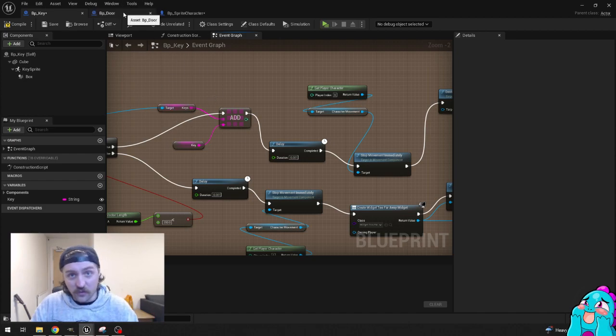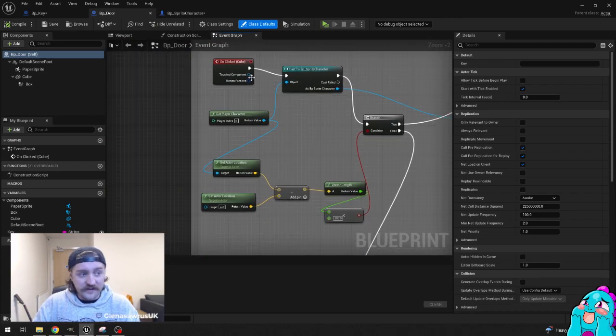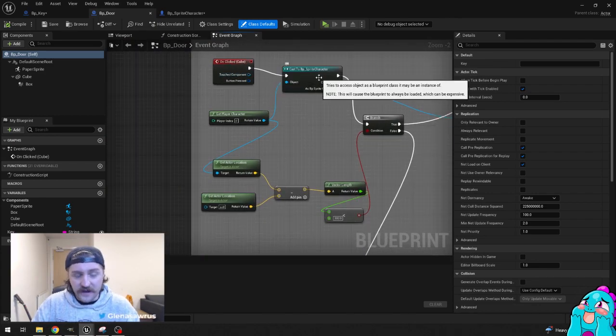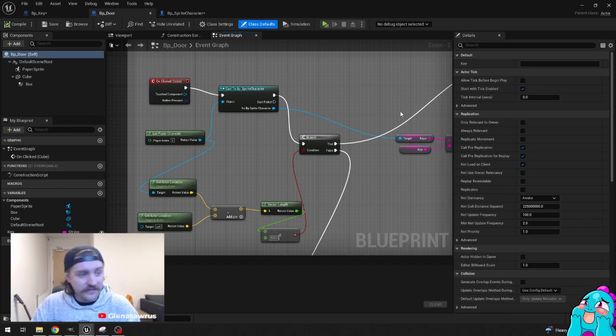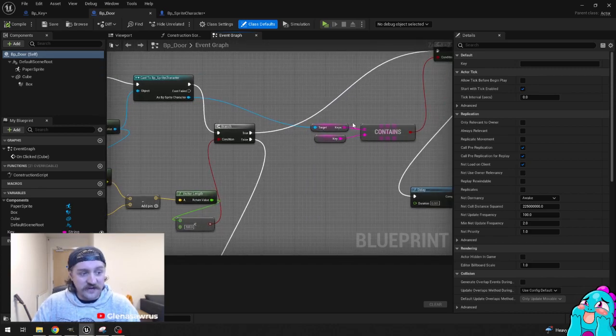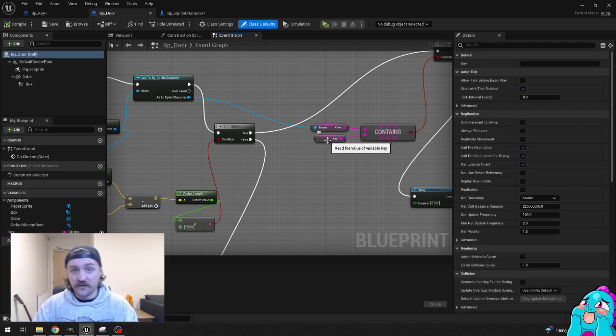So when we go to the door, very similar. First part of coding, exactly the same. On clicked cube, cast to my BP sprite character, who you're playing as, get player character. Are you close enough? Yes. Now what we do is we check for the array keys, but we check for contains. So if it contains key, so within that string, as long as the player character has the key string, the single one,